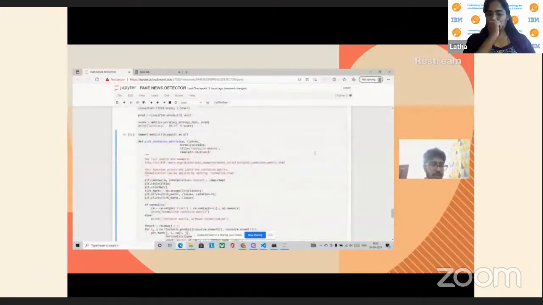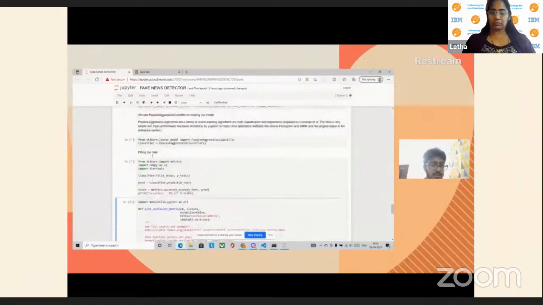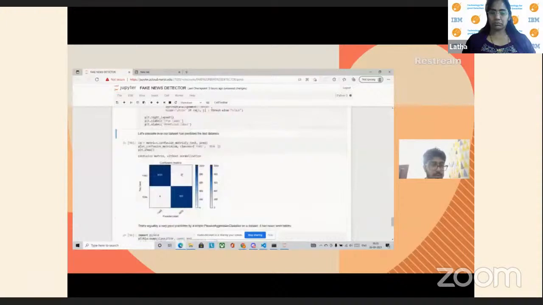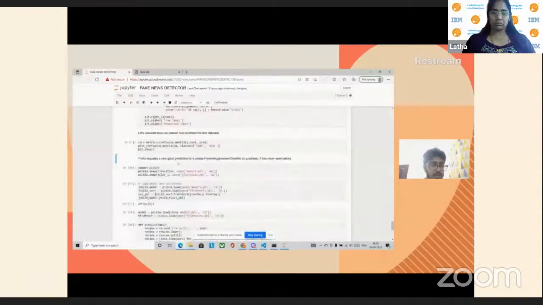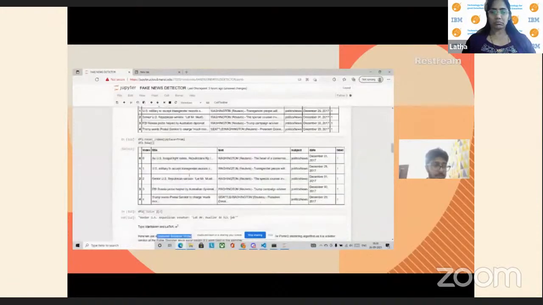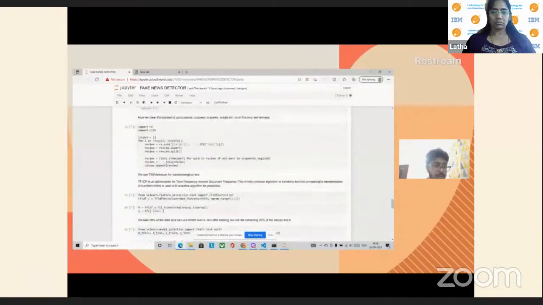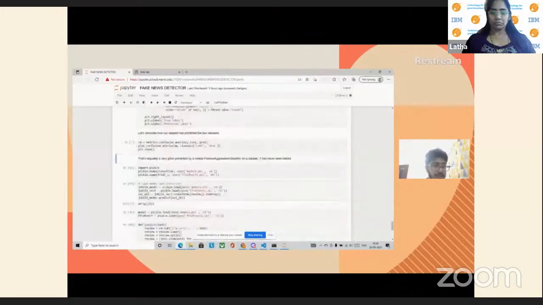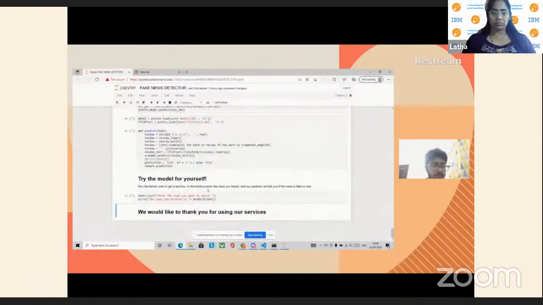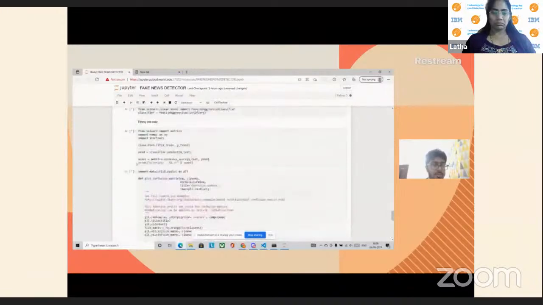Then we fit our model and the accuracy is almost 0.9. It is loading for now. In this one, we have calculated how the model performs on our test data. And this is the pickle. We store the model and then you can try the model for yourself here. So once it runs,